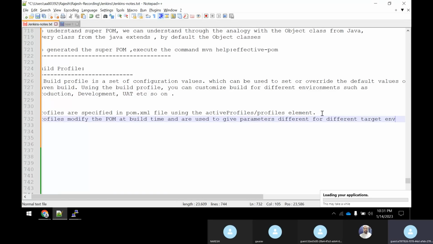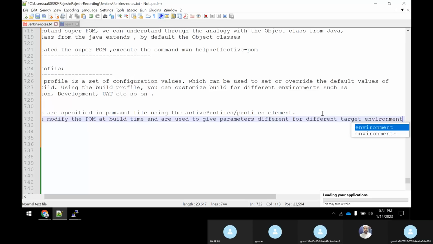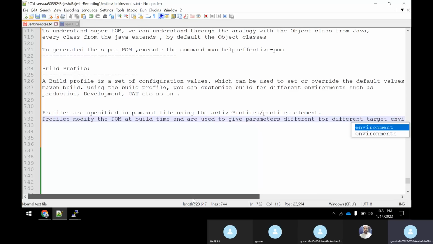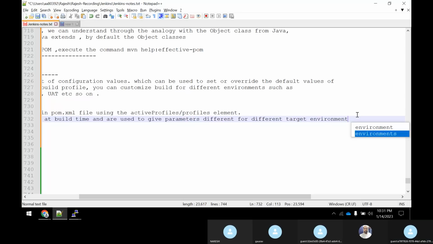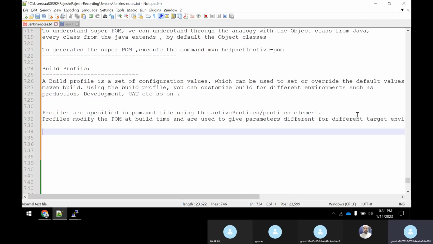Suppose, for example, you're building for a development environment, or suppose you're building for the production environment, you have different build profiles. So during build time, based on those profiles, it will apply that convention, actually.